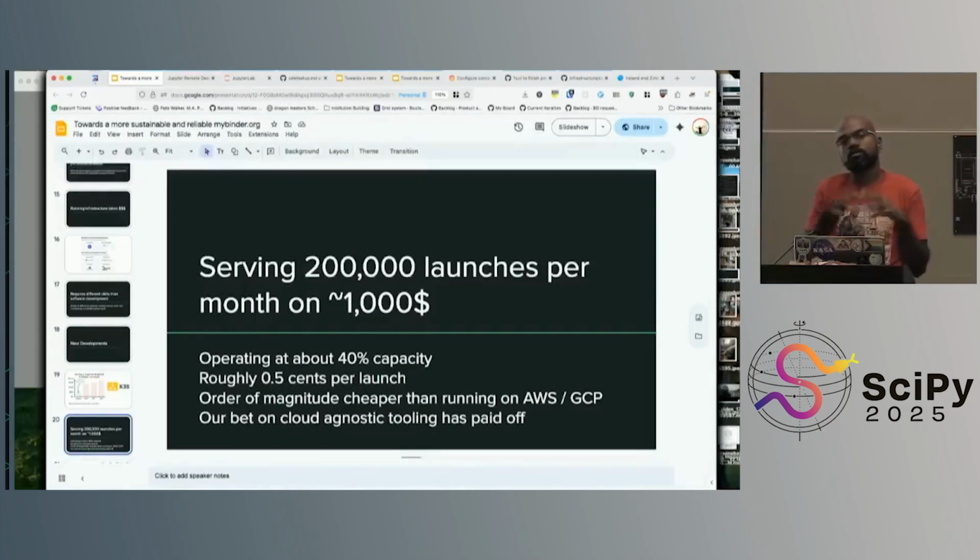I think wherever there's order of magnitude jumps, both in terms of reduction of cost and reduction of complexity, it makes things go much better, right? So hopefully next time I come and give this talk, we have more Federation members and more users because they can trust that when they need to use my binder, it will actually work.